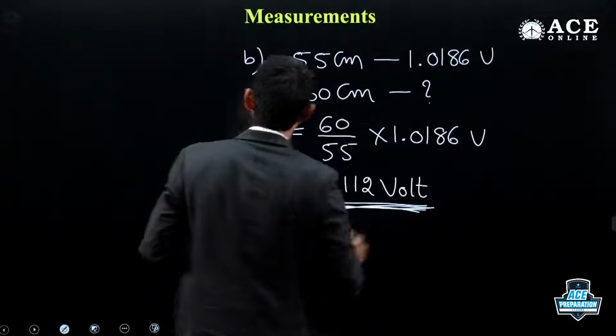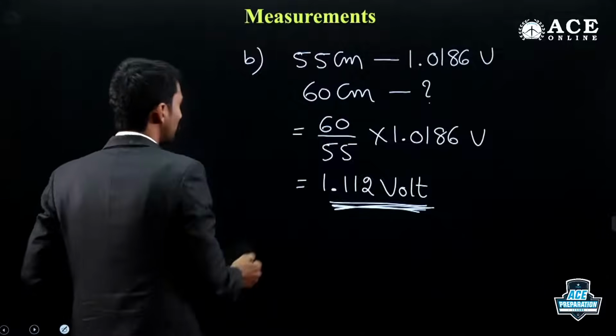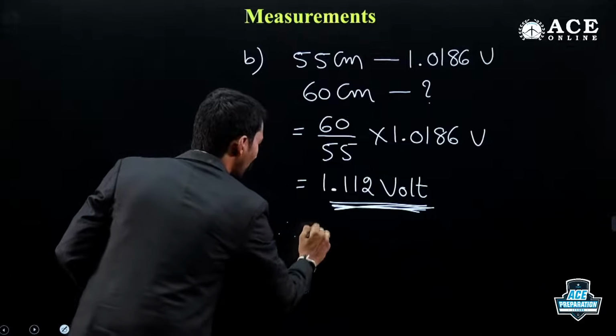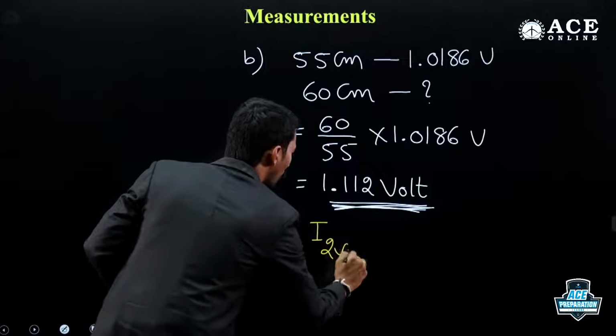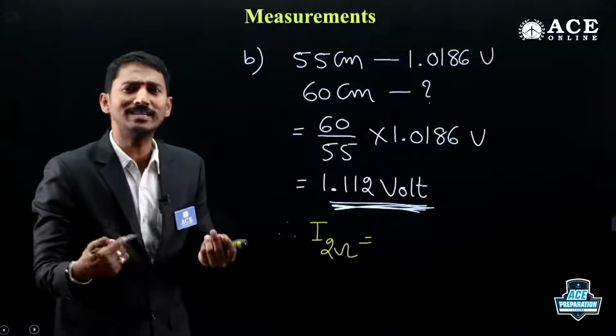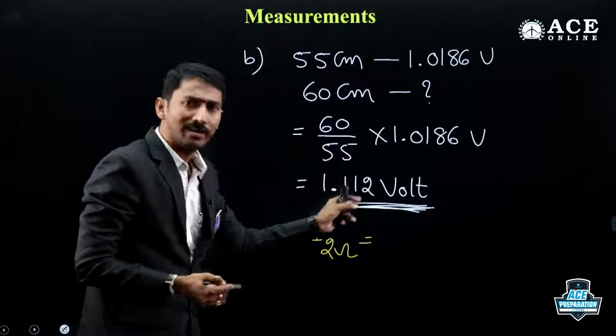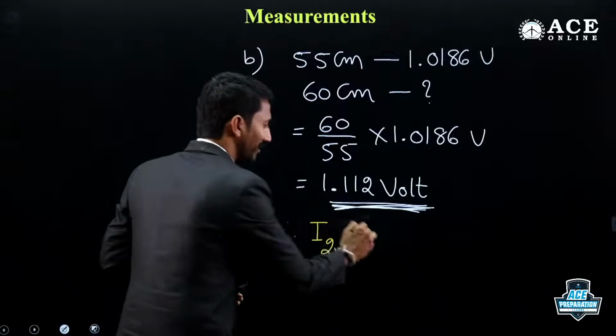Right? Now, after this, what is the current? Therefore, current through the 2 ohm resistance. What is the voltage across that? This one. What is the resistance? 2 ohm only. Therefore,